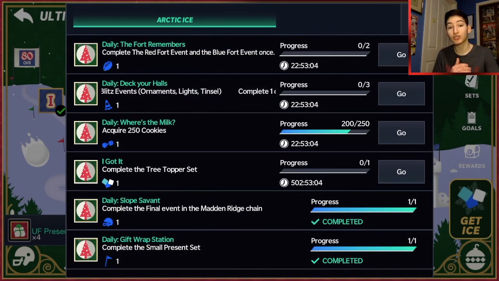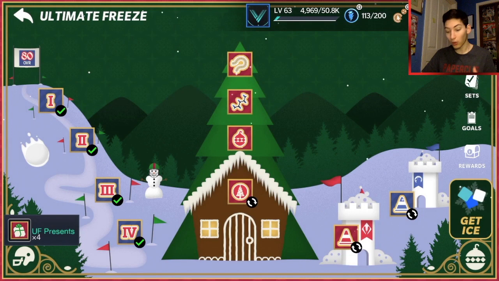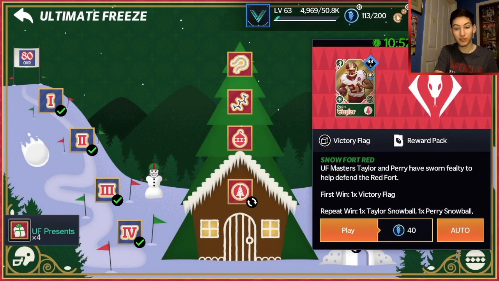We just got 200. So by doing that, you super easily get 200. If you're not an 80 overall yet, you would get 100 from that chain, and I would guess if you're a 90 overall or better, you would get more than 200. Either way, it's pretty easy to get those because you also get them from playing the 2 events over here